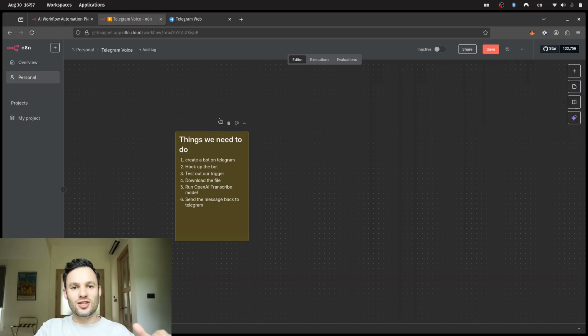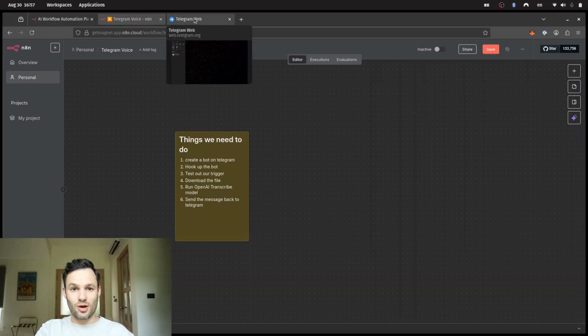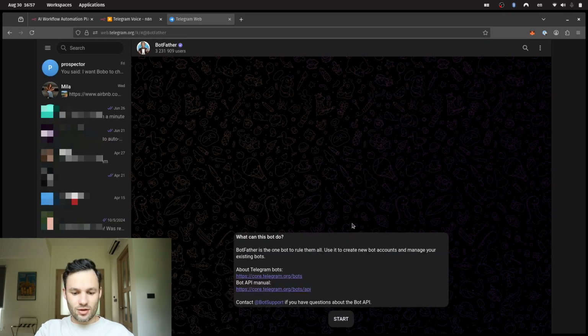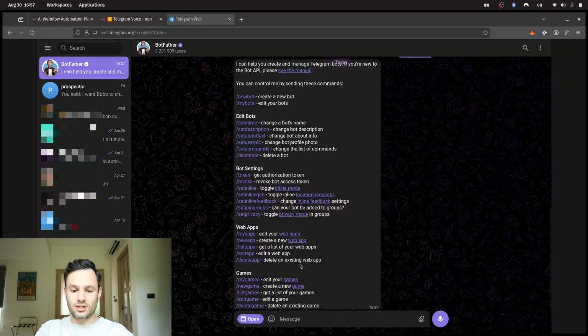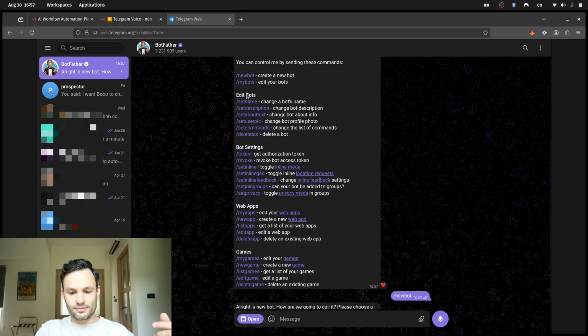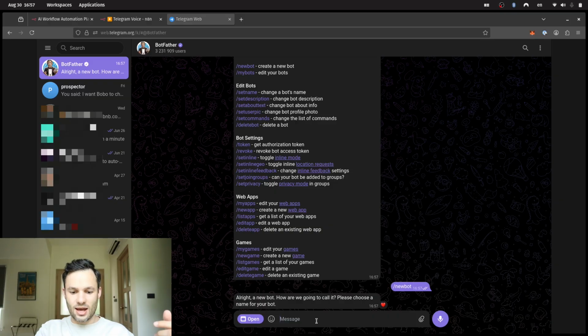So the first thing we're going to do is head to Telegram and make a bot. This is pretty easy. Telegram has set it up quite well. You just got to look for a user called the BotFather, which you can just search for in the search bar and click on him and then just hit start. After that, we want to click on new bot. And after that, he's going to ask us what we want to call it. For this one, we're just going to call it the